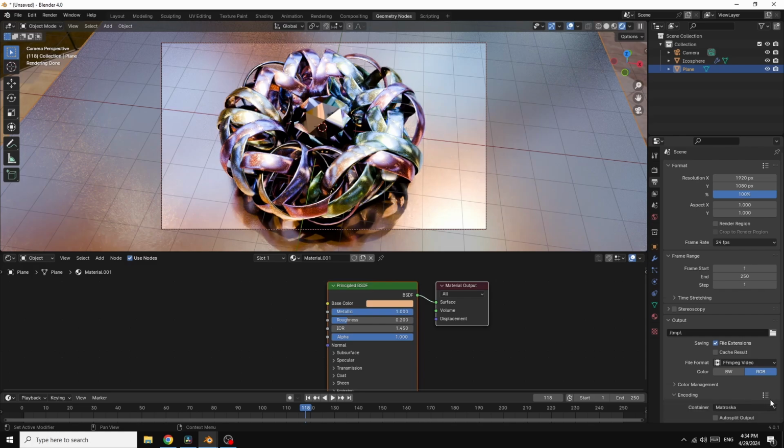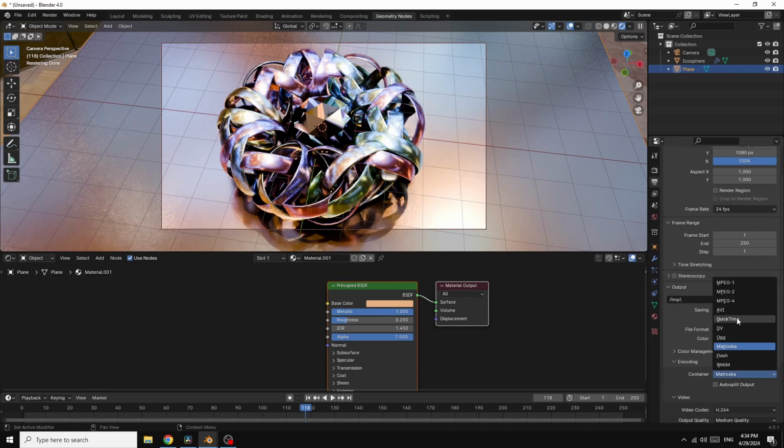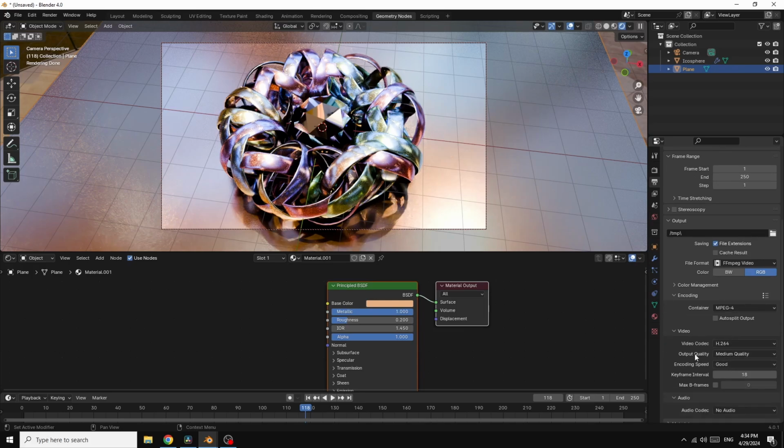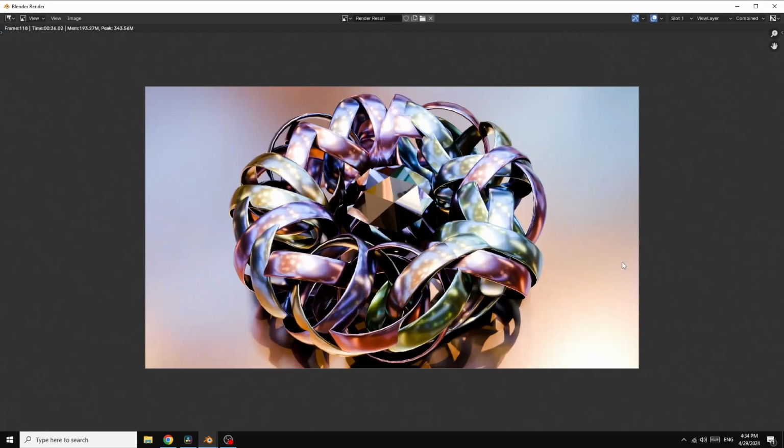In encoding, we select MPEG 4. And here in output quality, we select high quality and go here in render and render your animation. Now we have